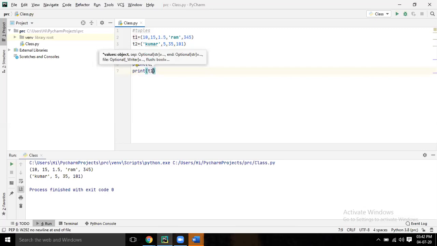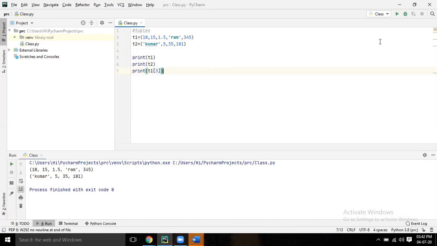Square bracket. See, don't get confused with the brackets. In the print, you have to give this parenthesis, the normal bracket. And while doing the slicing, square bracket. What number can you use? 3. Run.